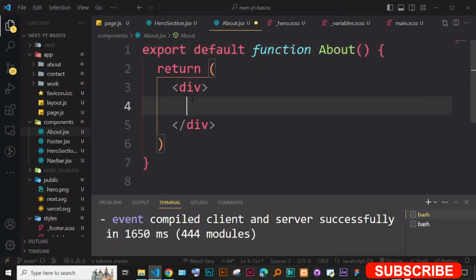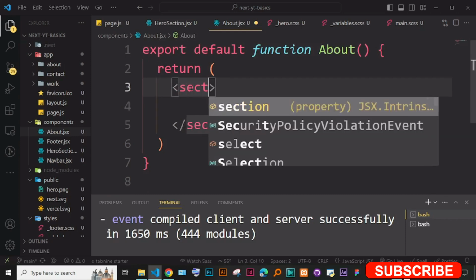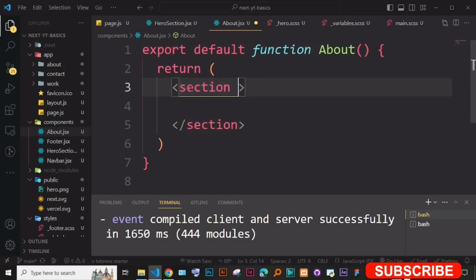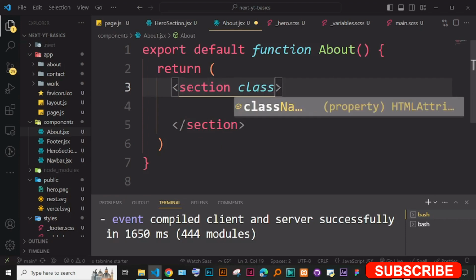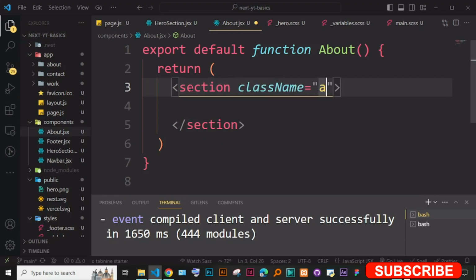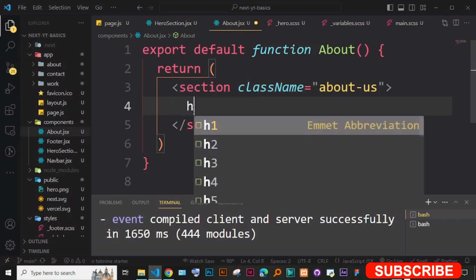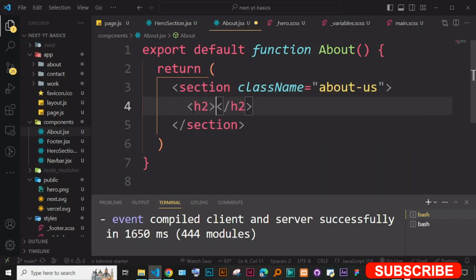So I'm just going to simply put here section, and let me put a class name of about us. Okay, and then in this section I'm just going to put an h2, and I say about